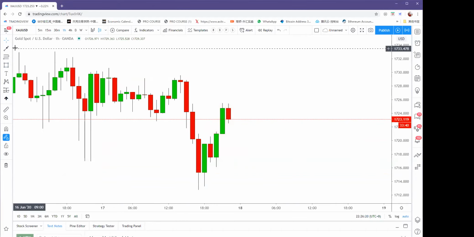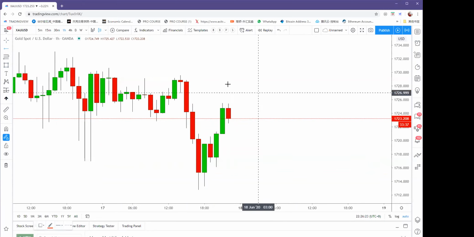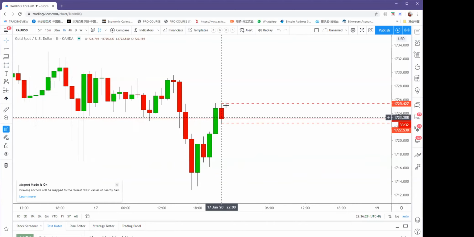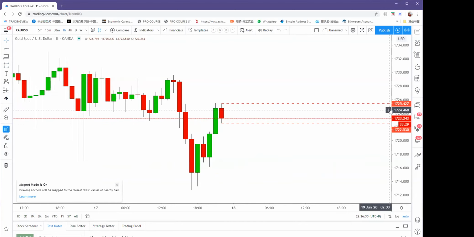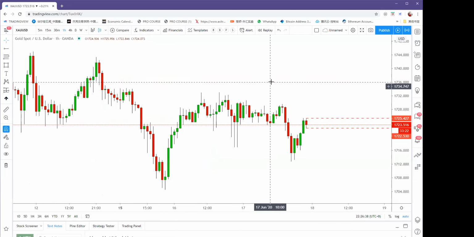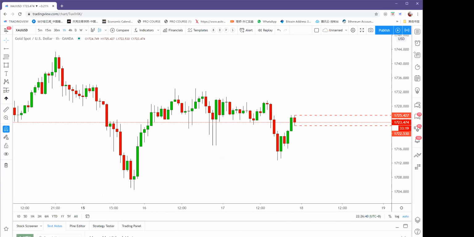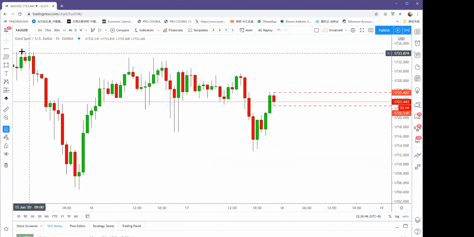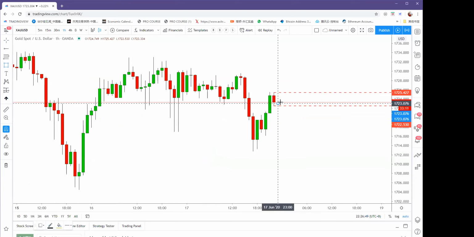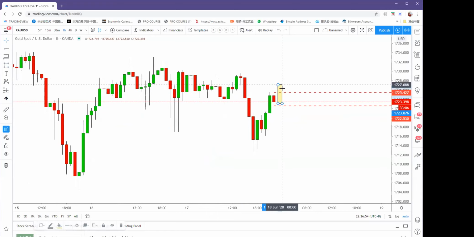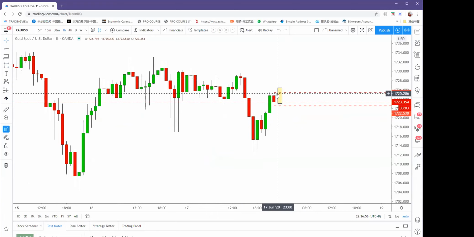Okay, good. So immediately, when you find a potential inside bar, you should go and capture the highs and lows of the mother bar. And tell yourself 1725.42 and 1722.53 is your shorting area. It's like when you want to pull your trigger. So if we find an inside bar that breaks up in the next 1 hour, what can you do? If you find an inside bar breaks up,